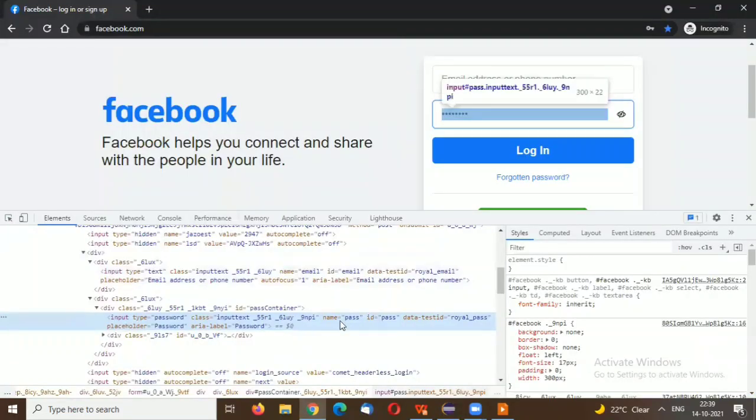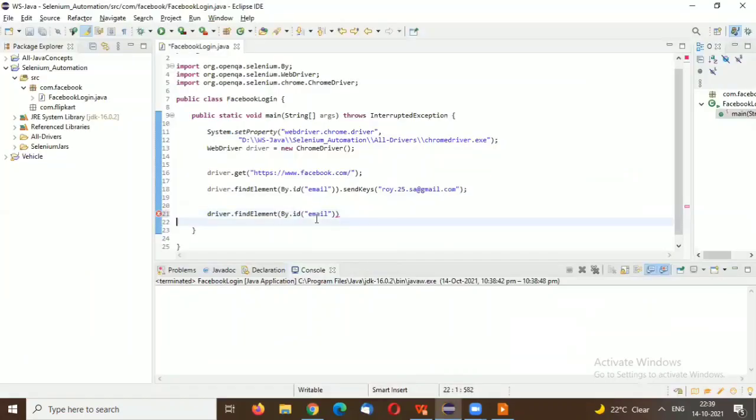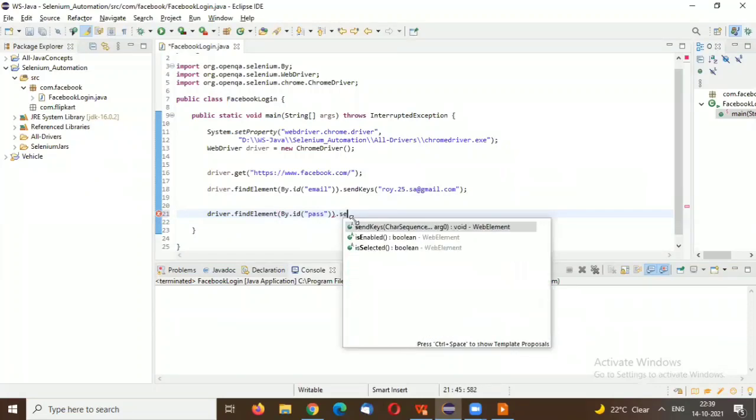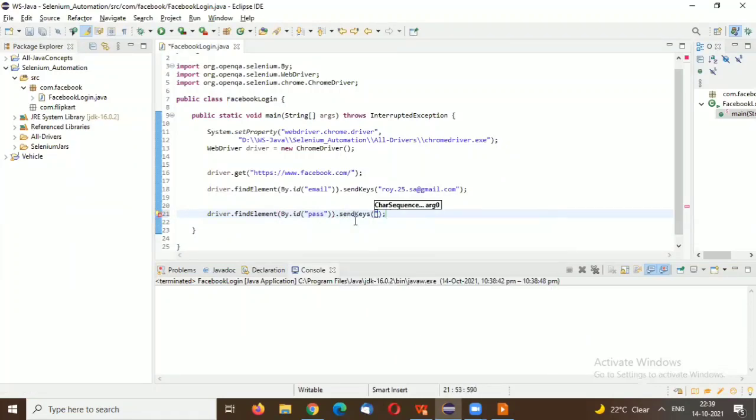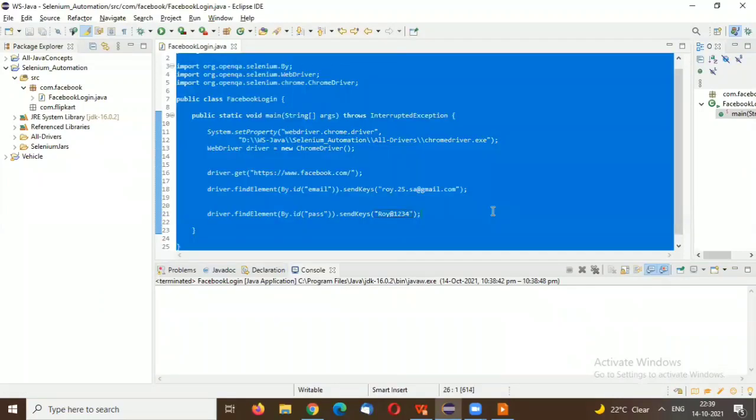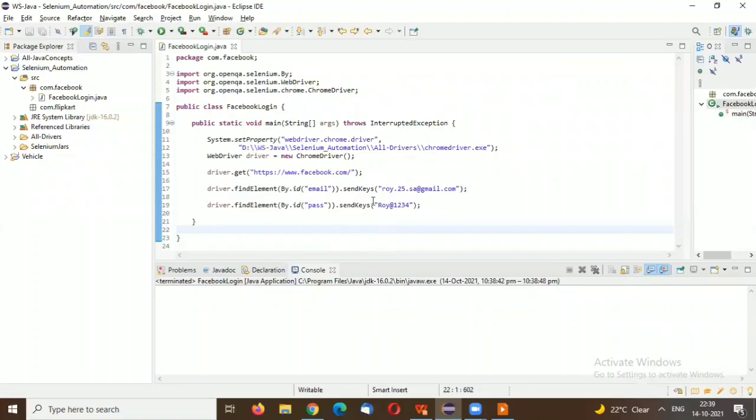I'll just copy this ID, then .sendKeys, and we need to pass the password here. So we have set the user ID and password in the facebook.com login.